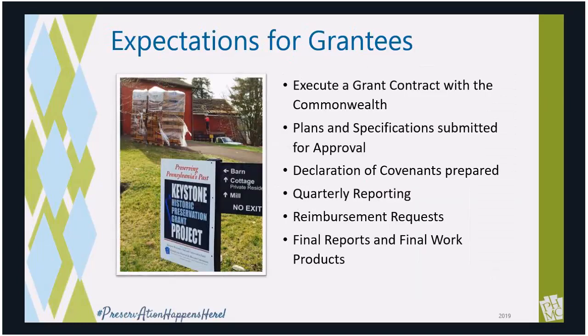If you're selected for funding, I want to spend a few minutes, because I know we're getting close to running out of time. I guess I talked a little bit longer than I thought I would, plus our technical difficulties were a challenge. Know that you'll have to execute a contract with the Commonwealth. Your plans and specifications will have to be submitted for approval. Under the construction category, you're required to post a project sign acknowledging PHMC support. You're also required to submit a declaration of covenant,